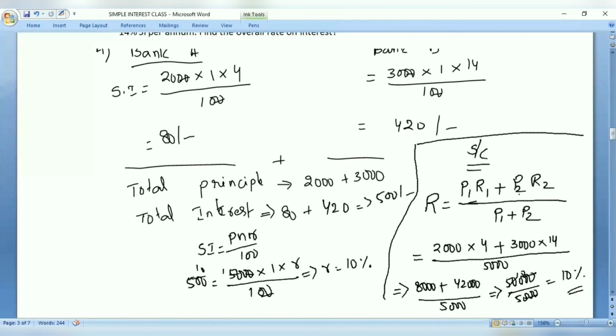Okay. So this is the general way of solving the problem, and this is the shortcut technique that we use when the time period is only 1 year. If it is 2 years and so on, we can go with the generalized procedure only. Okay. Now with this, let us move on to the second question. Just note down the first shortcut method, then we will go on to the second problem.